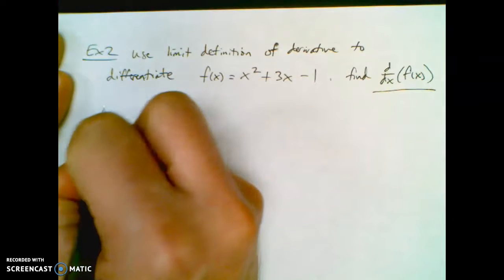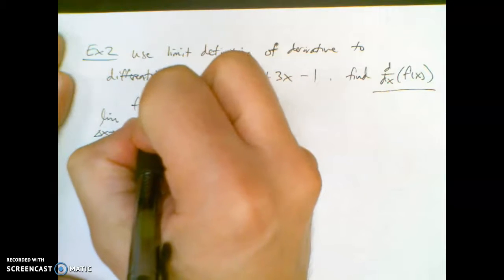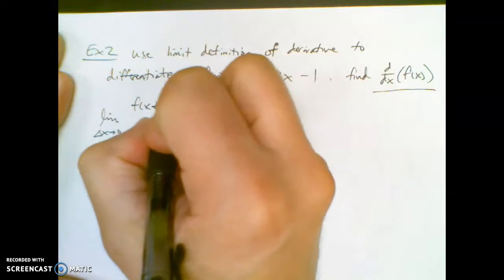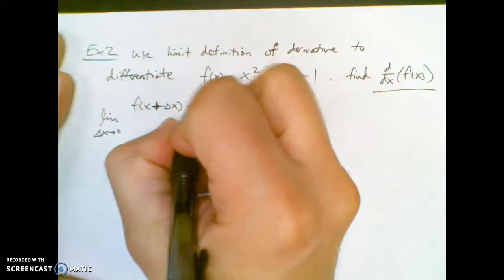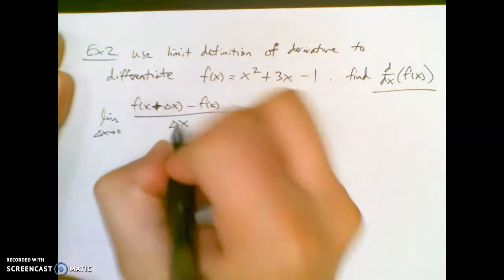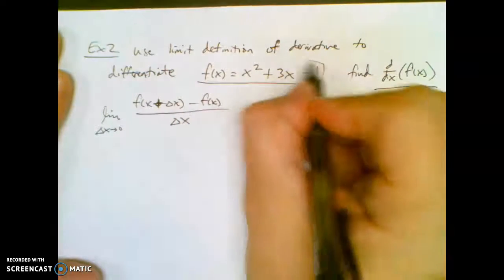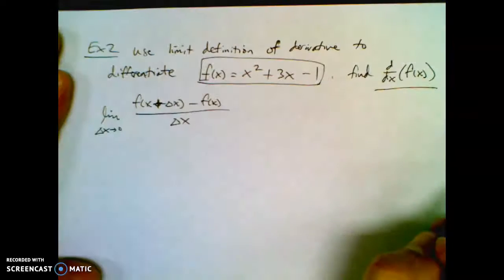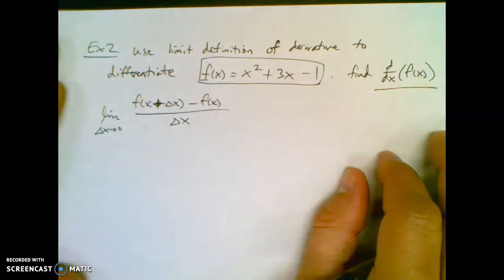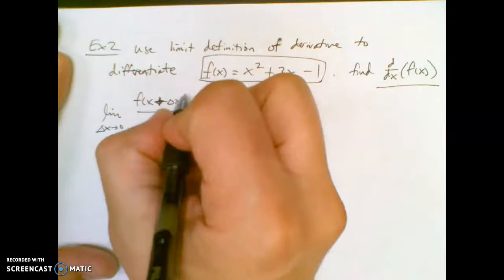You basically write this down every time, and then you plug stuff in. And you don't mess up the math along the way, and you'll be good. What am I finding every time? An equation that finds the slope of this crazy curve at any point I want. Now this will be a different answer than last time. Okay, so let's do it. Okay, first things first, I'm going to plug in,